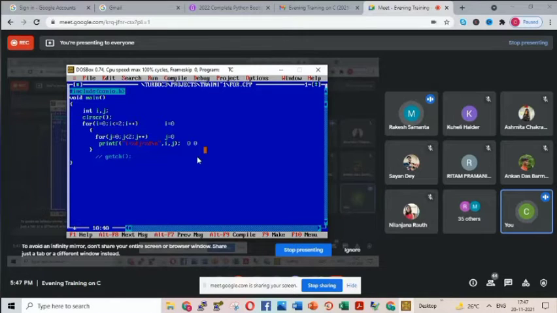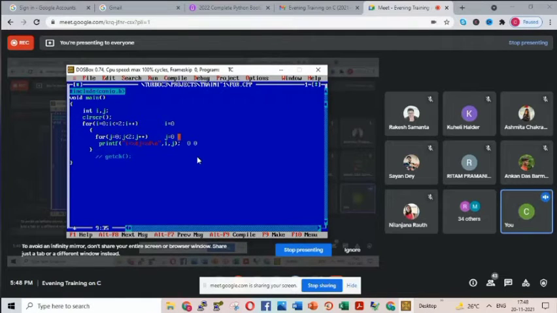Now, the point is where the control will go. See, this is one for loop, the j for loop started. So until and unless the for loop of j, that is our nested for loop, is completed, control cannot go outside, because for i equals to 0, the inner part must be completed, then only i value should be incremented by 1. But the inside for loop is not yet completed, because j value should be increased. So j will become 1.